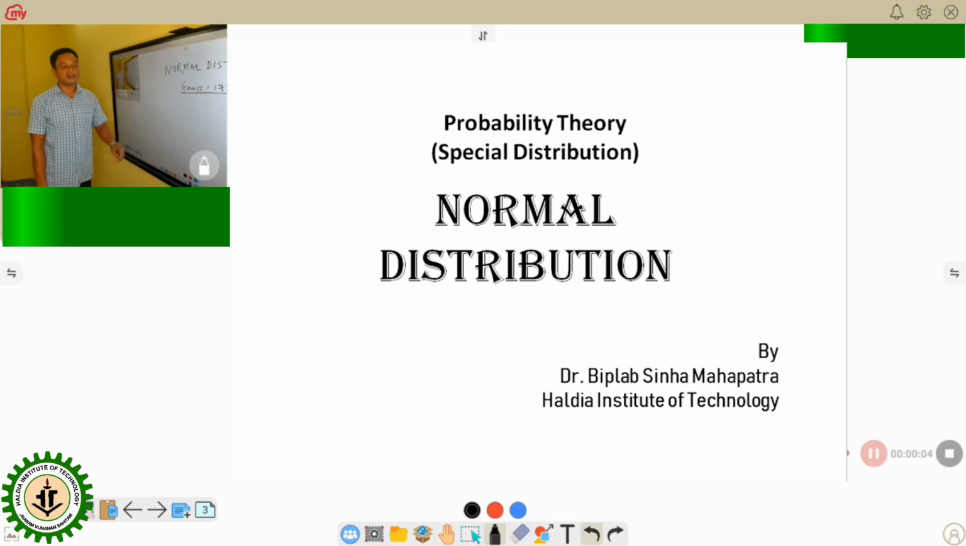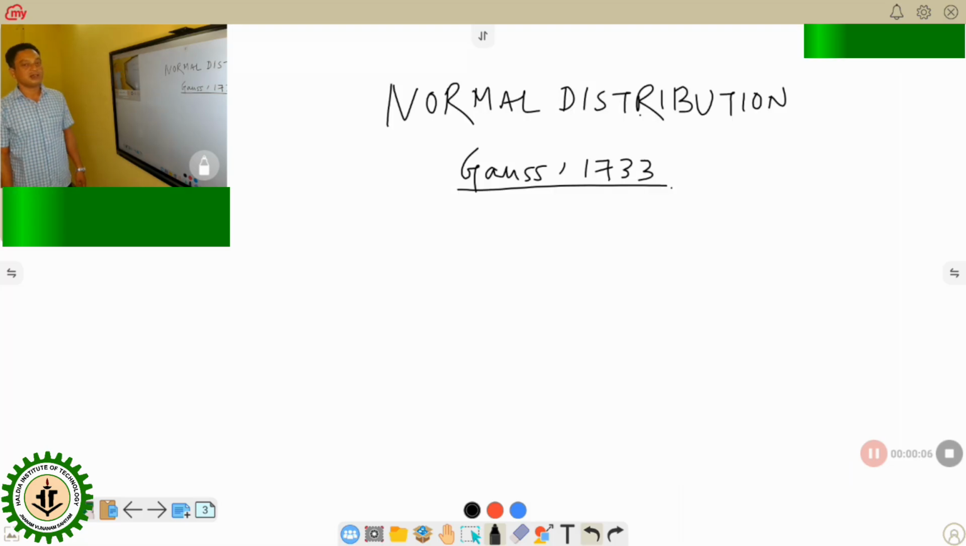This distribution is also called Gaussian distribution because Gauss invented this distribution in 1733. This is the most important distribution in the probability distribution. Almost 50 to 60% of problems can be solved if you know the normal distribution and its phenomena. You have to really understand before you apply the normal distribution, and it has a greater impact in both probability